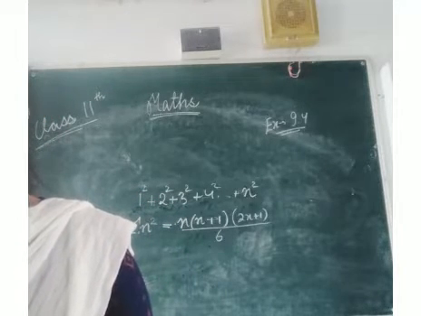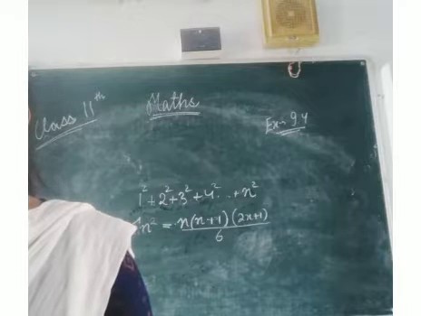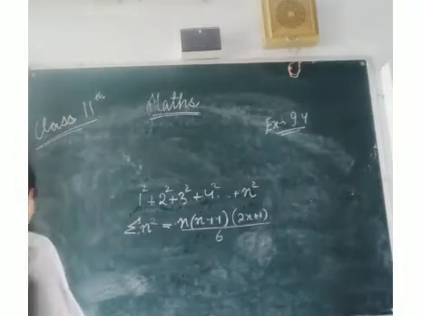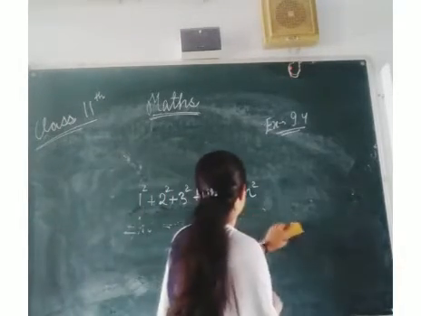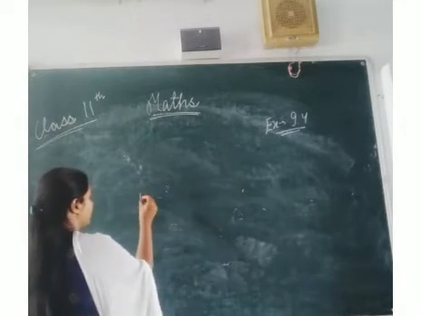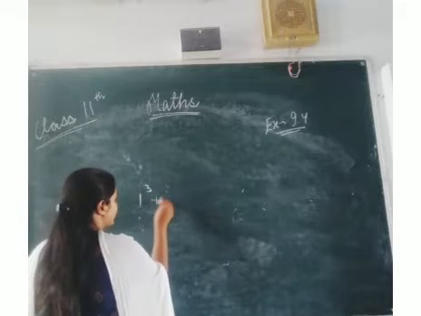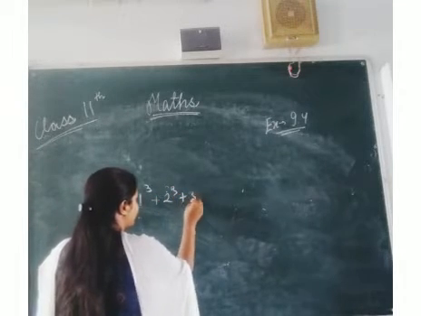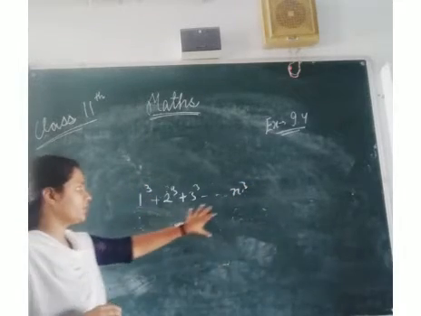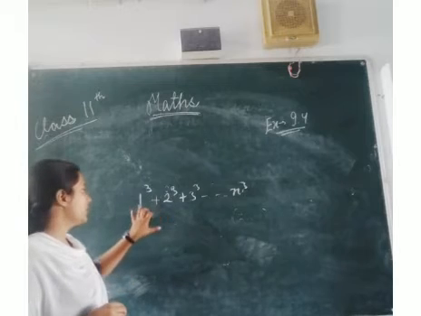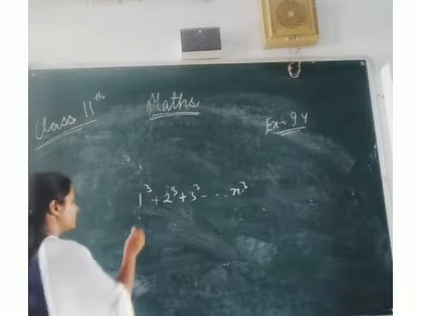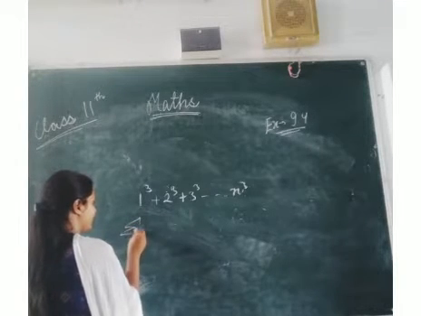Now we will see how to find the sum of cubes of the first n natural numbers. That is, the series given to us is 1 cube plus 2 cube plus 3 cube and so on up to n cube. So if we have n natural numbers and we want to find the sum of their cubes, like 1 cube, 2 cube and so on, the formula for this is represented by